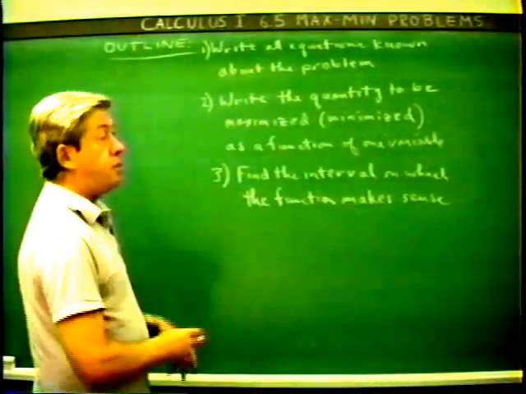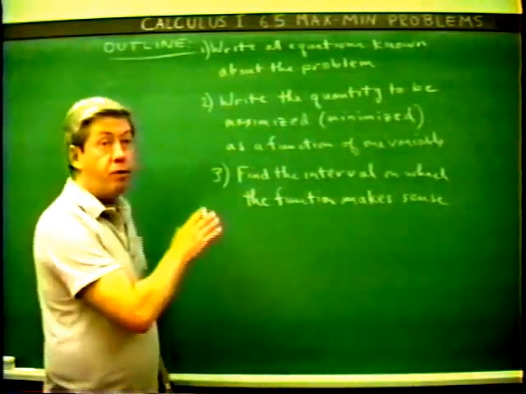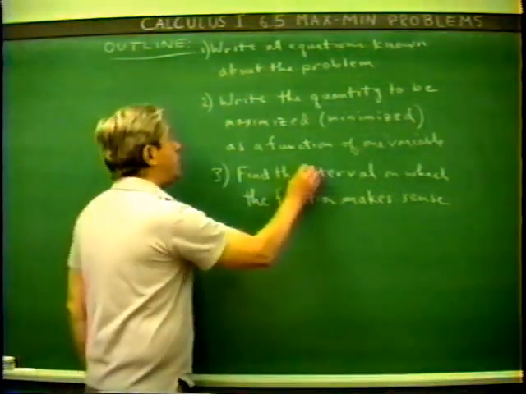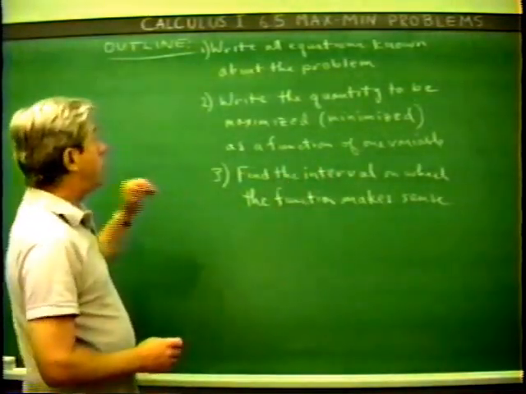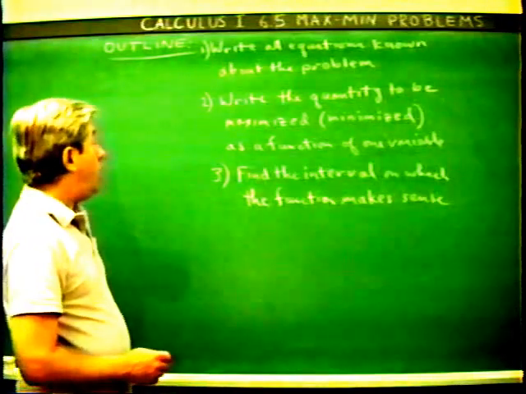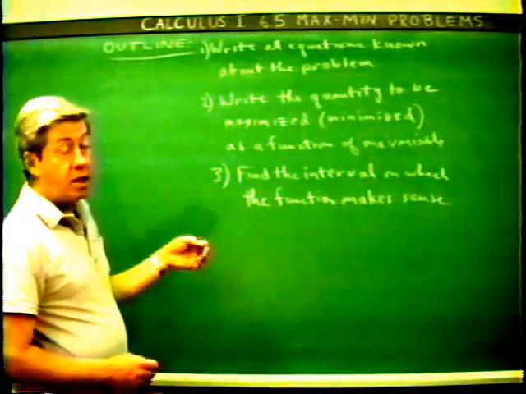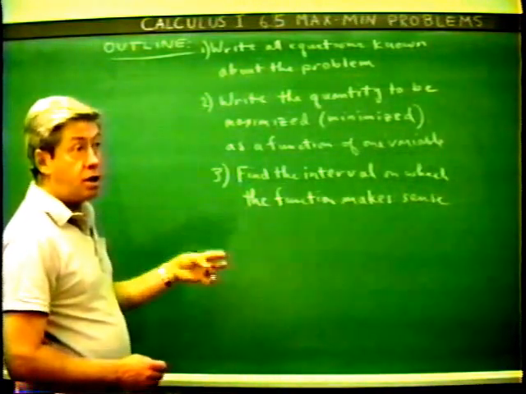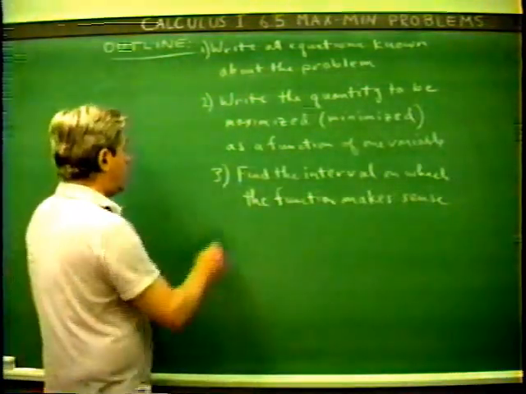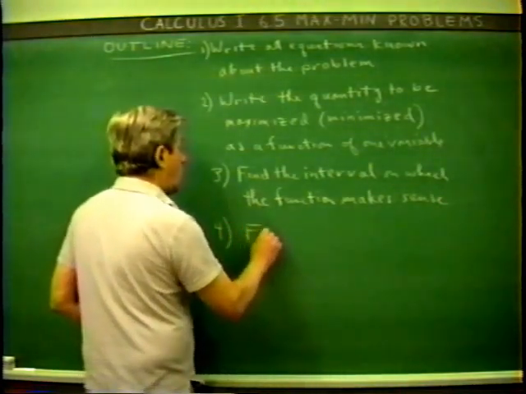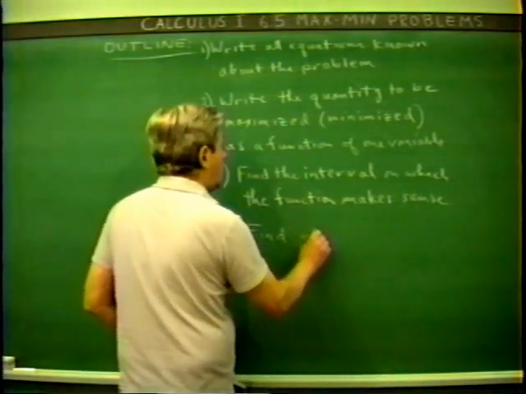Sometimes this will be a closed interval, sometimes an open interval, sometimes an interval from a quantity to infinity, or sometimes the entire real line. But you want to know the interval on which this makes sense. If it's a closed interval, then you can apply the result which was just gotten, namely that the function can only take on its maximum and minimum where the derivative is 0, doesn't exist, or at the endpoints of the interval. So then, fourth, the next thing to do is find where the function